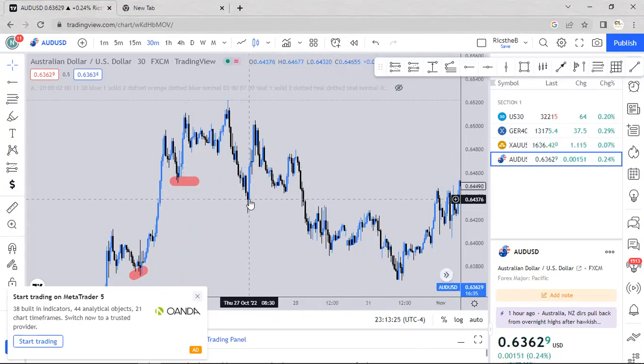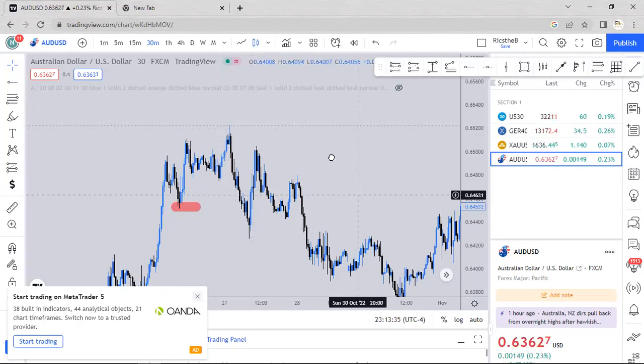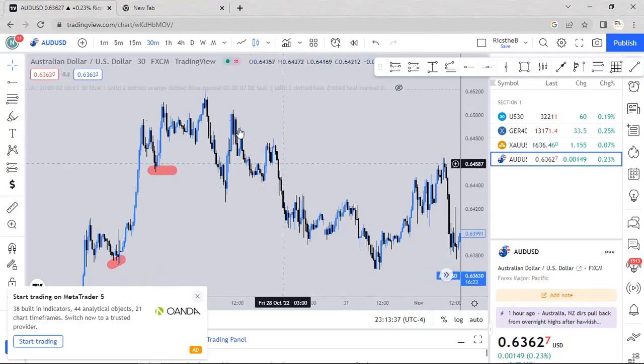So again, you can see the formation of lower lows and lower highs. Why? Because our market never pushed past this high. So we had a new high, but it's below the previous one. So this is a lower high. Again, you can see the price pushing again, creating a low, but it's not lower than this. So again, this is more like a higher low. Then price pushes again, gives us a lower high,